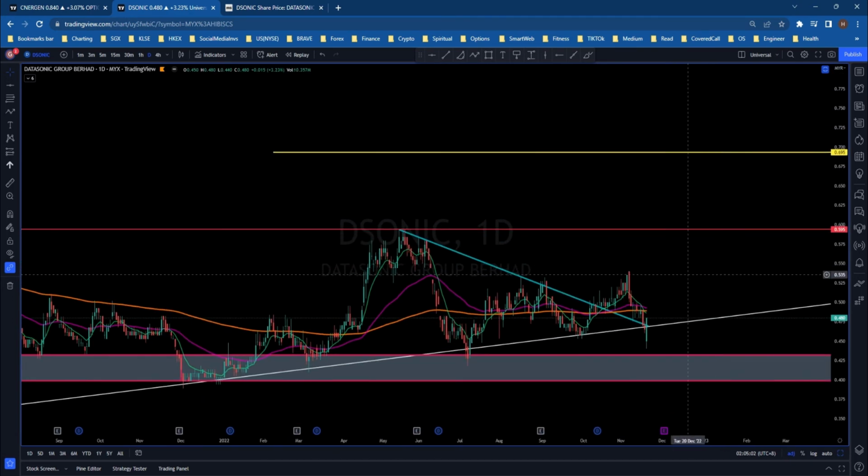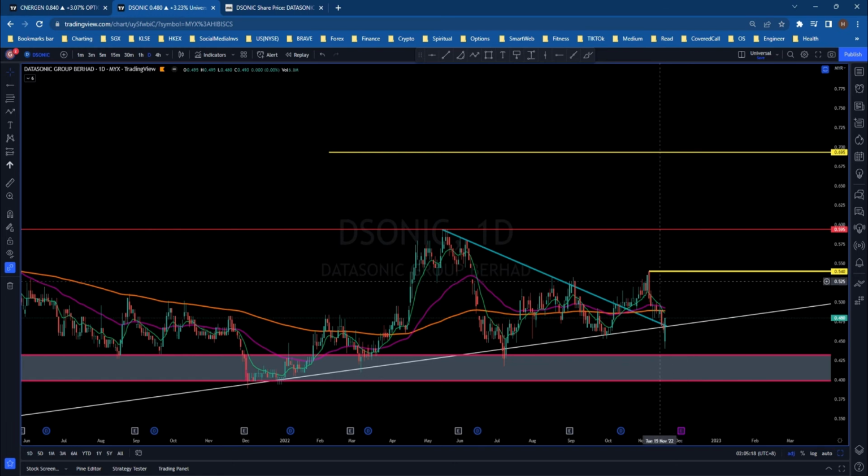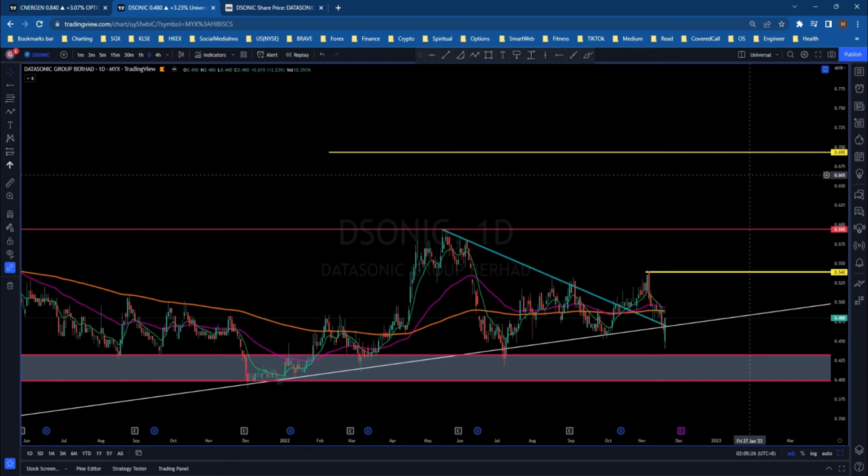And why I still love this stock is because it is actually doing an uptrend and it started to have a bullish pennant formation, but somehow it breaks down for some reason. If it starts to break these 54 cents again, I need to tell you, this 50% is a very important part. So if it breaks this 54 cents and breaks this,